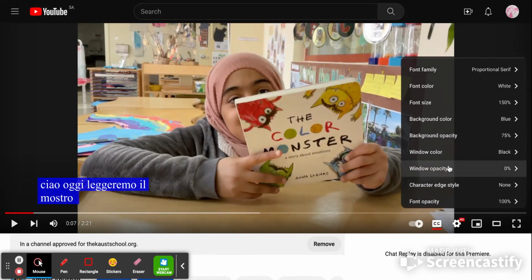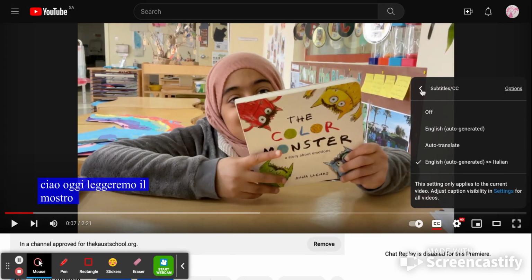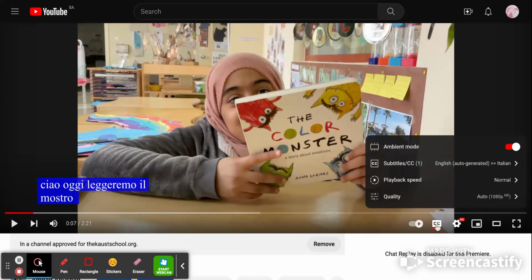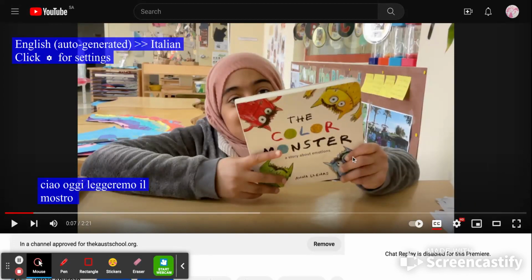There's more over here, but I just chose the ones that I think are most useful to you. And if you don't like that, you can turn the captions off by clicking on the same button. You turn it on, and change the language. You don't like